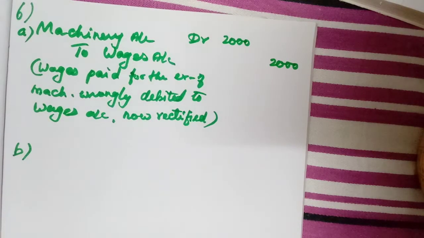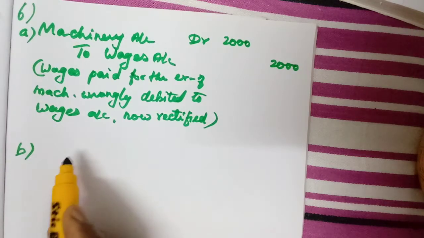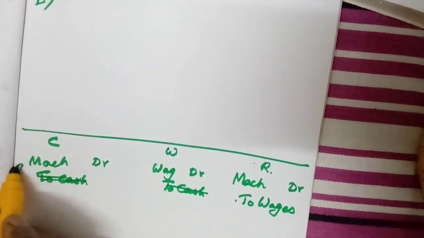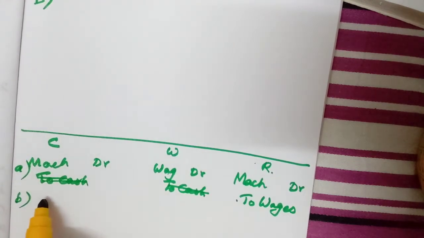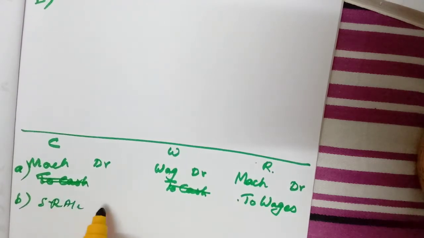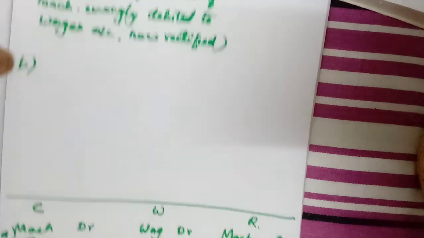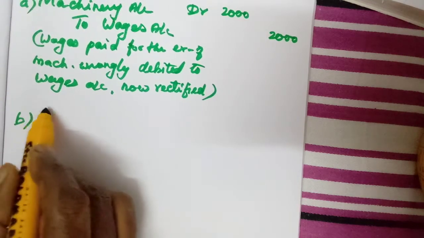Okay, now you listen carefully. Here sales returns book was short totaled by rupees 1000. Here only one account is affected. So here we know how to do this one, isn't it? In the working column I will show. Sales returns book. This is A's calculation, then B. Sales returns shows a debit balance. Debit is short totaled, less. So again we need to debit, isn't it?